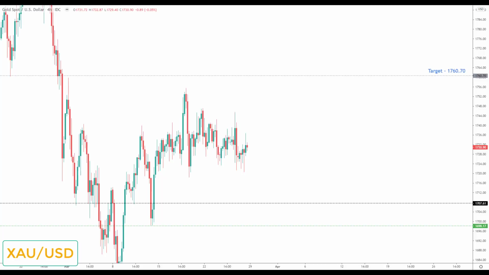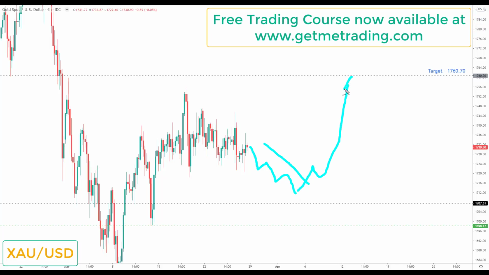Next is gold. Now, gold, very much like the US dollar CAD, is structured opposite to my dollar strength bias going into next week. You can see gold is actually structured to the upside, and last week it went nowhere, and this is because there is some strength in gold to the upside, but it's being capped by the strong dollar. It's unlikely I'll be trading this market next week, very similar to US dollar CAD, but if you do want to trade this, and I think it could continue to be choppy next week if the dollar's strong, I would be looking for any continued correction in this market to be viewed as the opportunity to look for a bullish breakout up towards the next target to the upside at the 1760.70.